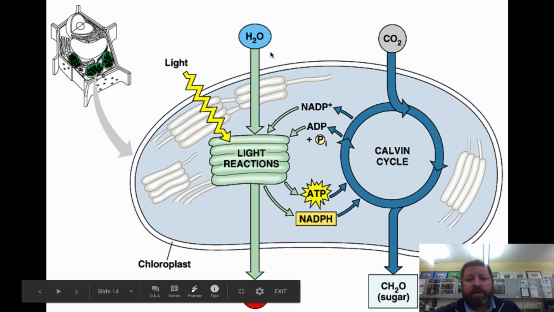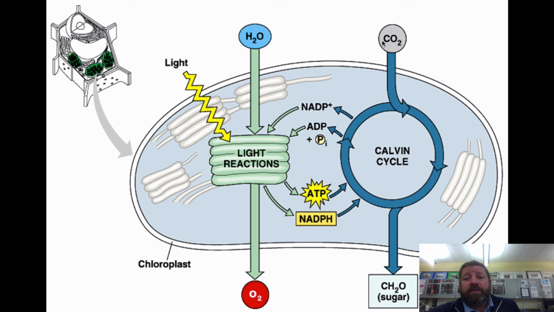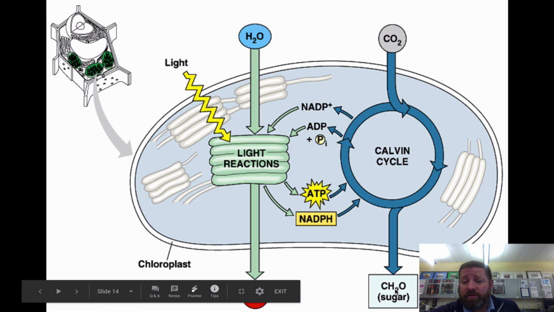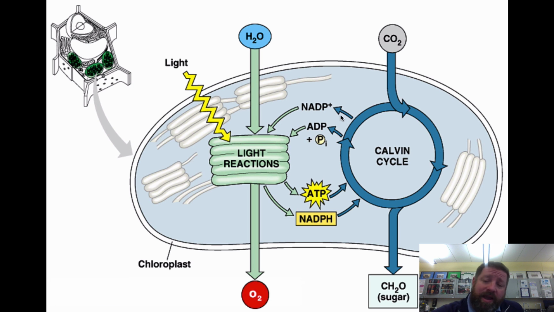If we look at the second part of this, here's our light reaction, taking light and water and making oxygen. The second part is going to take the CO2, kind of similar to the Krebs cycle, but instead of releasing CO2, it's going to absorb CO2, and instead of spitting out CO2, it spits out sugar. So it's literally the reverse of respiration. In respiration, we'd have glycolysis over here. Sugar would come in as pyruvate, CO2 would come out, NADH, ATP would be used, NAD would go to the electron transport chain. So it's really, literally just the reverse.